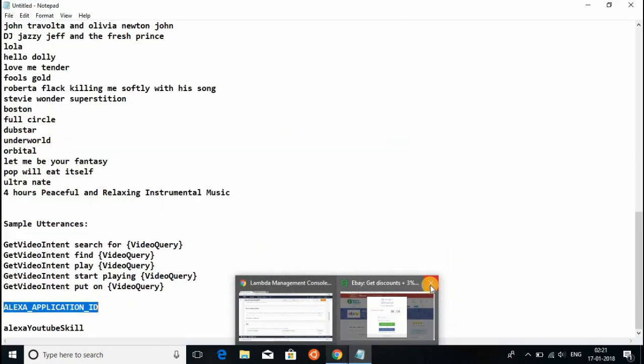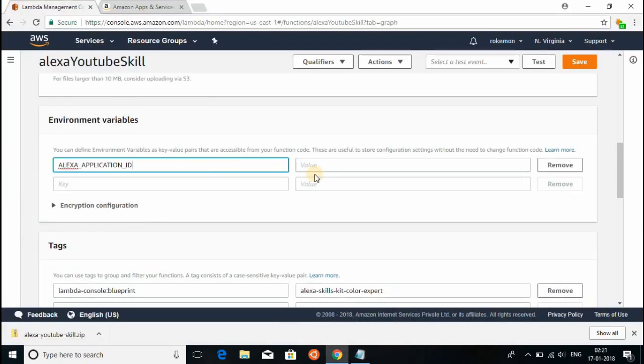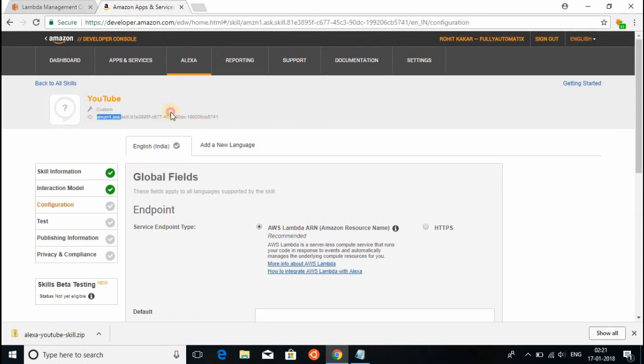Oh, but how did this tab open? Here, Alexa application ID. Now the value for this ID is the skill ID of the skill you just created. It's here. So copy this